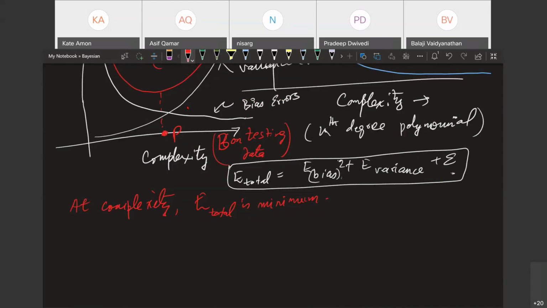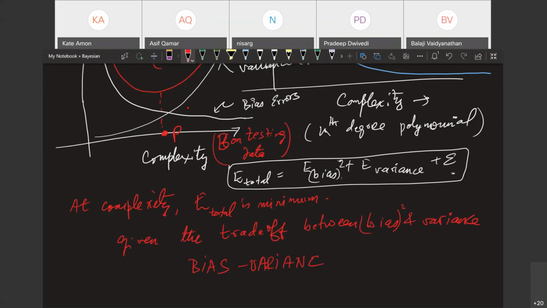because that is where the trade-off between bias and variance is best. The bias squared. People just say bias variance, but actually it's bias squared. So this is called the bias variance trade-off. This graph above is the bias variance trade-off.